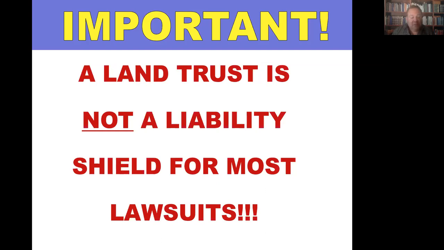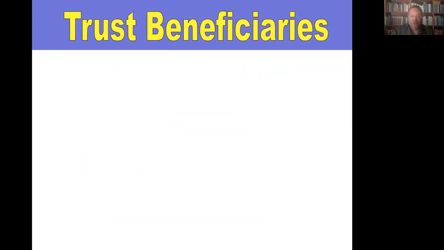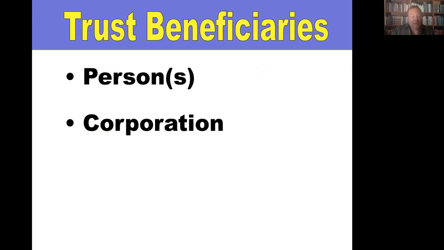But for an injury, negligence, fraud, misrepresentation, discrimination claim, that claim goes directly through the trust to the beneficiaries. The beneficiaries are liable. So the land trust won't be a shield like an LLC, which is why, with the trust beneficiaries, we should consider who they're going to be. A person or persons, a corporation that would protect you from liability, or an LLC that would also protect you from liability.